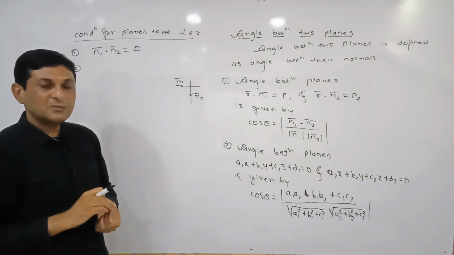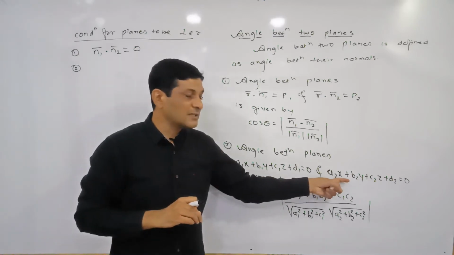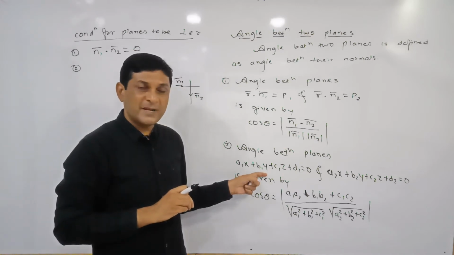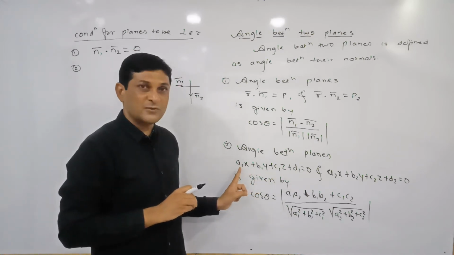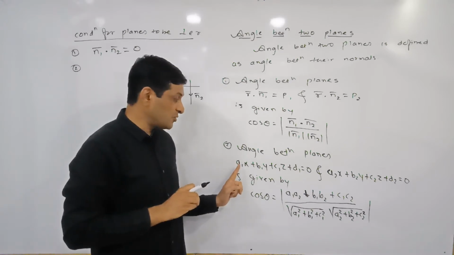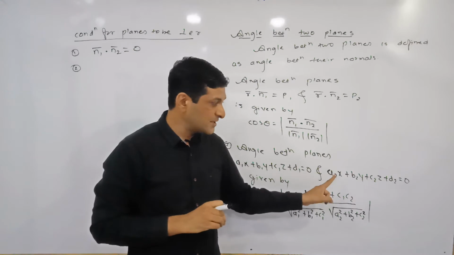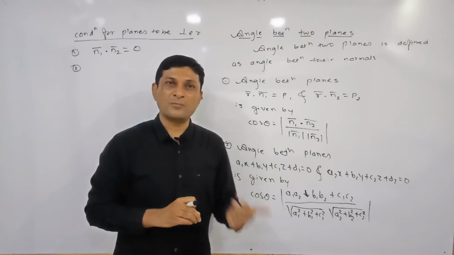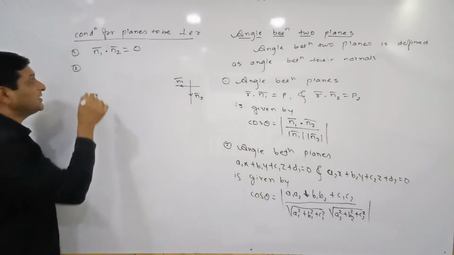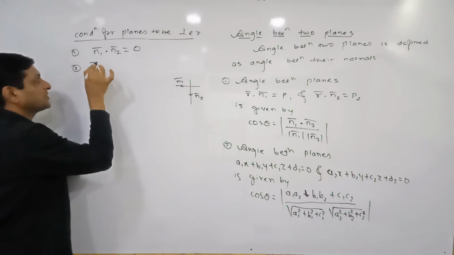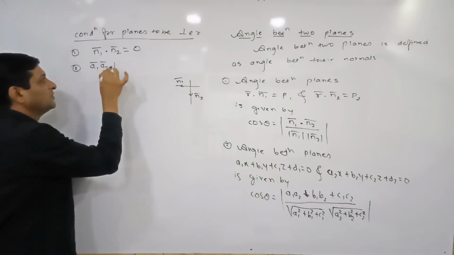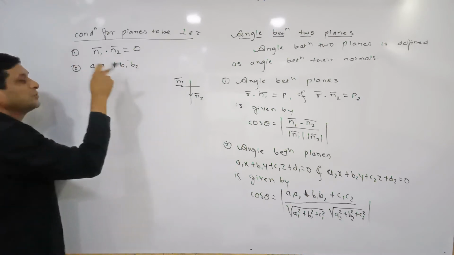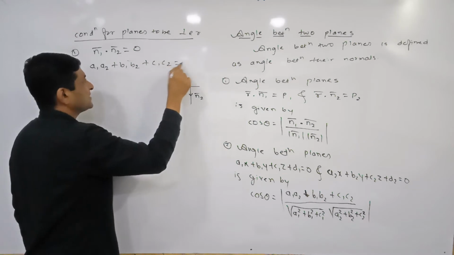Is it clear? Now if the equations are in Cartesian form, from the equation of the first plane we get the direction ratios of the normal to the first plane, a1, b1, c1, and here the direction ratios of the normal to the second plane are a2, b2, c2. If these two planes are perpendicular, then the normals are also perpendicular, and we know that if two lines are perpendicular, their direction ratios satisfy this condition: a1 a2 plus b1 b2 plus c1 c2 is equal to 0. Sorry, these are not vector quantities.